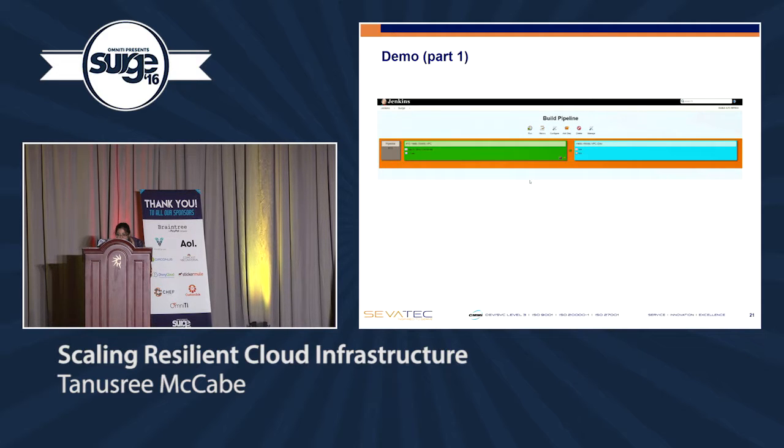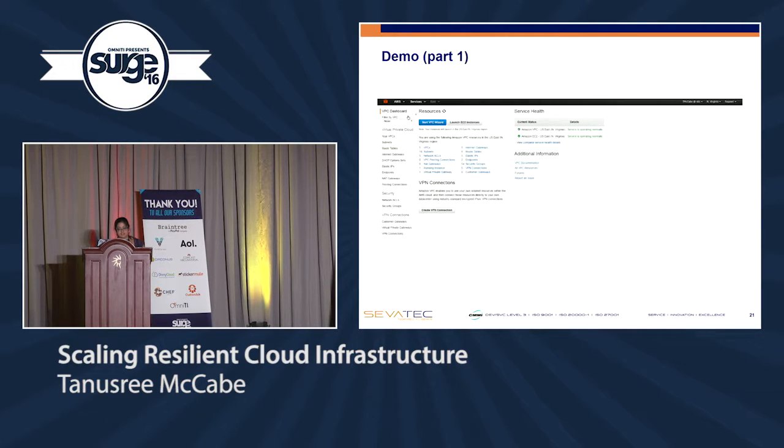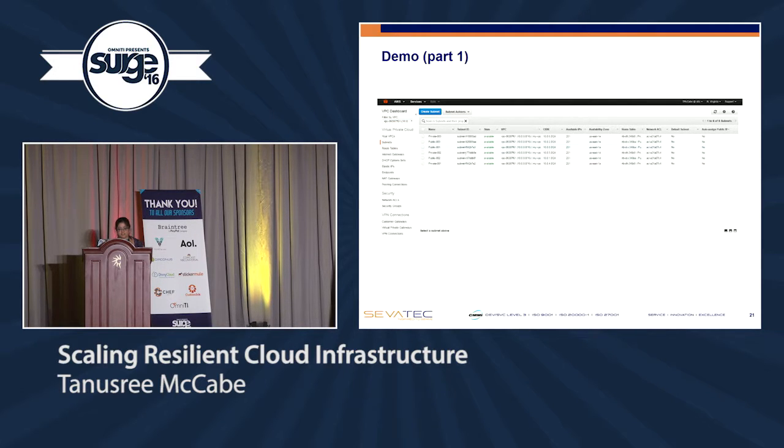So I don't know actually how to pause this, but what this pipeline is doing is it's polling both of those repositories, and when it finds a change, it basically pulls both the reference module and the metadata, and then it deploys the change. And here what I'm showing you is what the result of that change was. So in this case, it's finished running, and I've built my new VPC using Terraform, and it's got all the different components that I've specified. So it's got a number of public and private subnets, it's got a public and private route table with certain rules that I've configured in it, and it's got a VPC endpoint. Whatever the case may be, this would basically be representative of your infrastructure components.